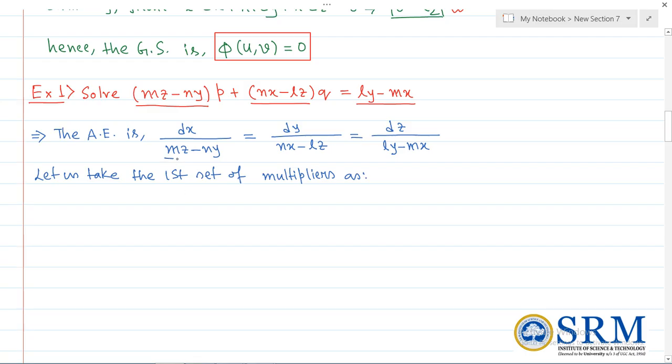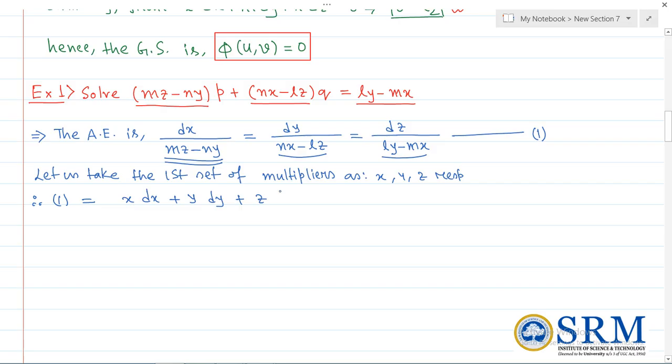Here if you look at this term, one variable is missing, that is x. Here the variable is y, and here the variable which is missing, that is z. So you can take the multipliers as x, y, z respectively, and give this equation as equation number 1. Therefore, for equation 1, another factor will come, and that factor is going to be x dx plus y dy